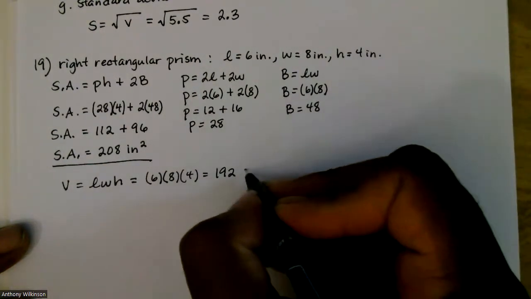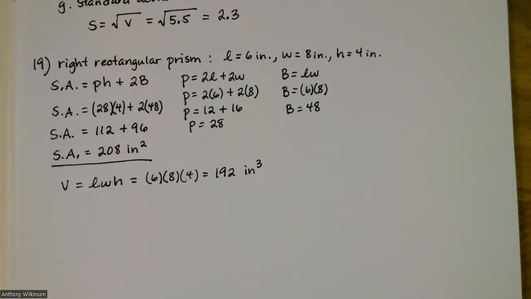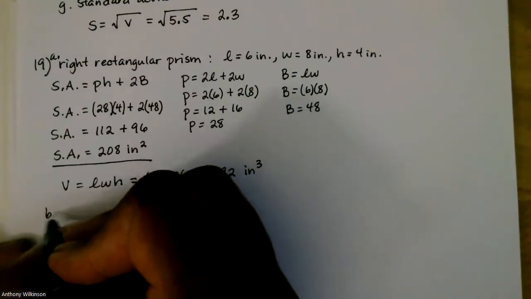And volume is always in cubic units, so I have to mention that as cubic inches. So the volume here is 192 cubic inches. And make sure you put the appropriate units there as your final answer. Otherwise, you will lose points for that problem. So be aware of that. So this is part A. Part B